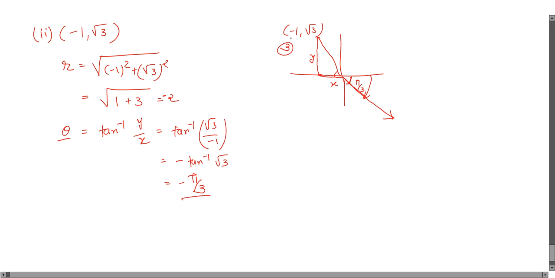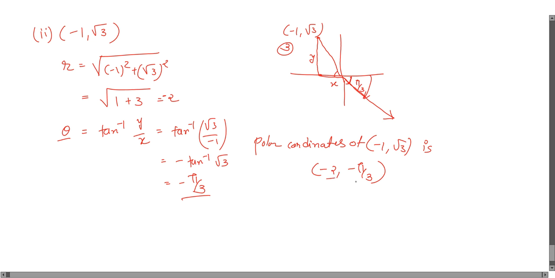So the polar coordinates of (-1, √3) are (-2, -π/3),